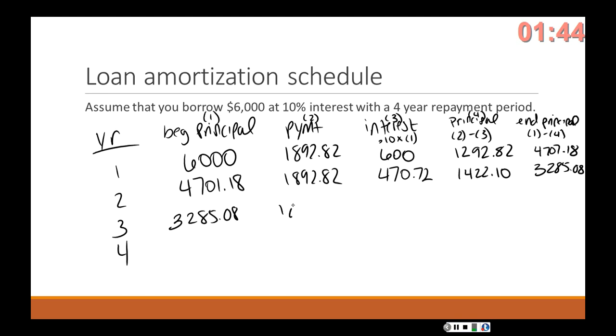Your payment's the same. Your interest is 10% times $3,285.08 to give you $328.51. The amount that goes towards principal is your payment of $1,892.82 minus the amount going towards interest of $328.51 to give you